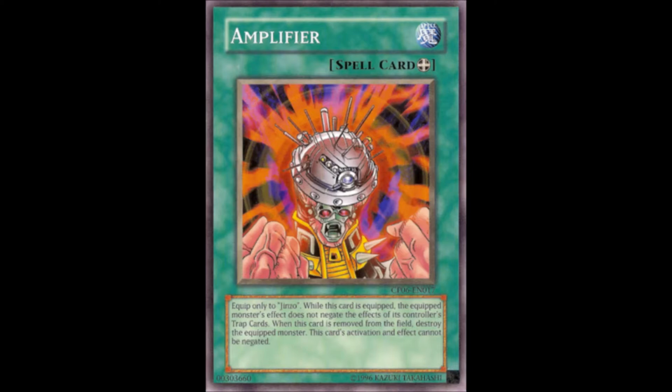I mean, it is a way to stop your Jinzo from negating your own trap effects, but why the hell does it need to be destroyed when this card hits the graveyard? It is really not clear to me why that is. I mean, that's a Dual Monsters era card, if I remember correctly. What would it hurt that much to keep that Jinzo on the field? Well, anyway,